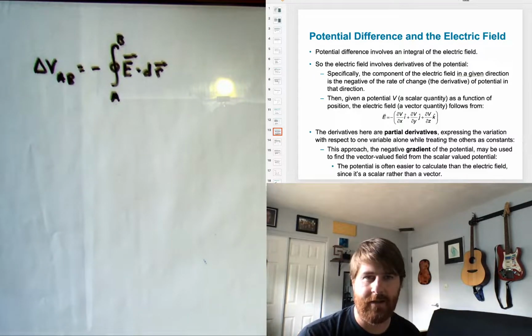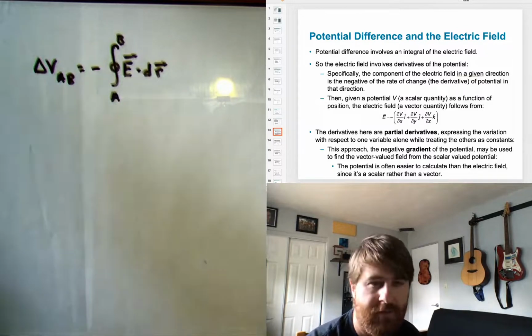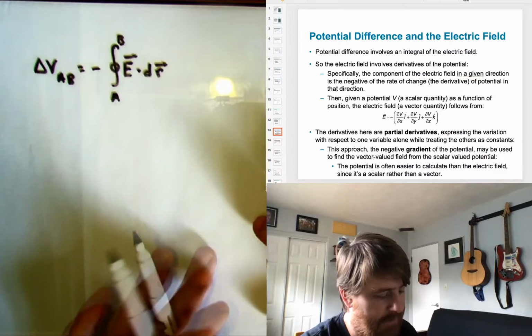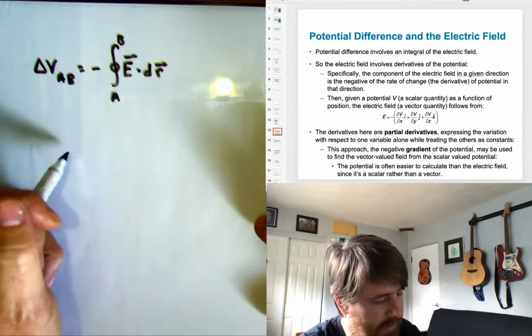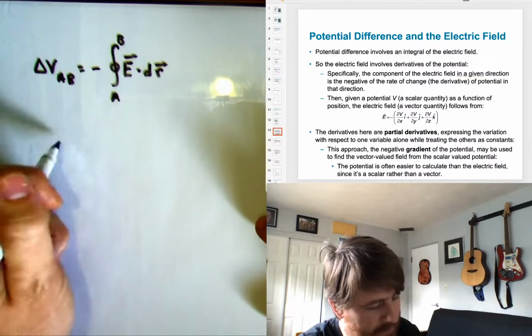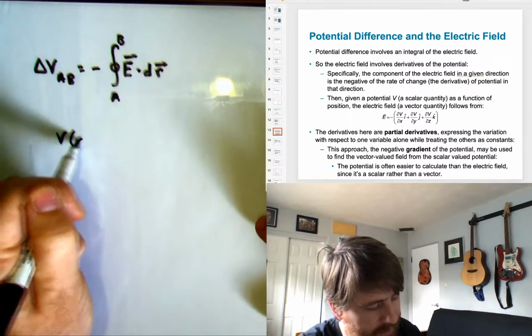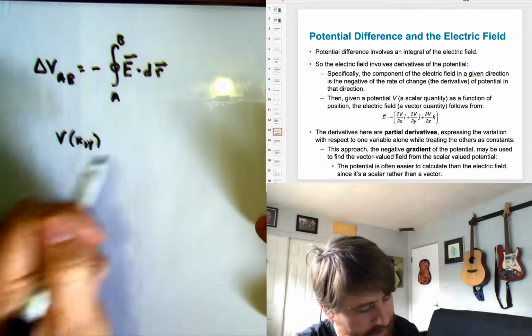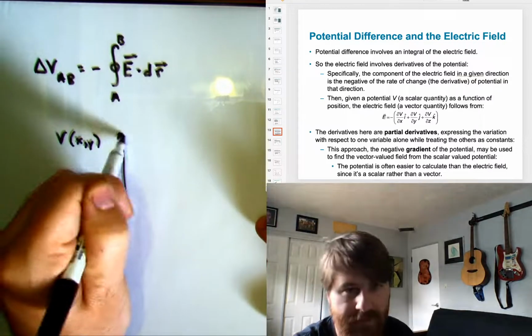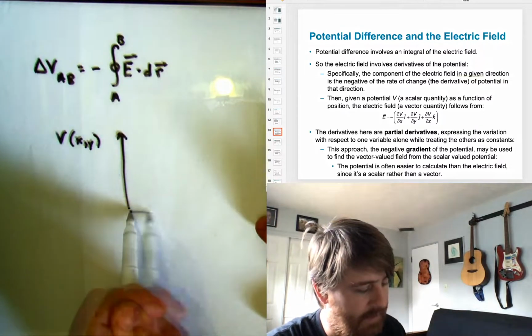And how do I get this directional derivative, this what we call gradient? So let's look at an example here. For example, we have a potential, let's call it V of x and y. And I'll draw a V on the z-axis here, and I'll have a plane